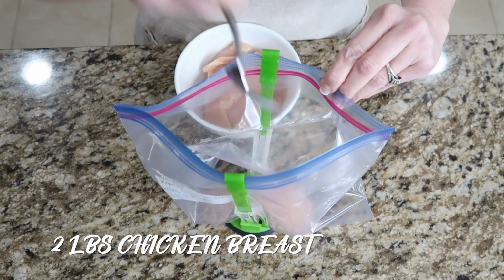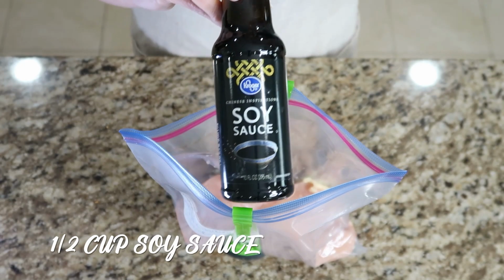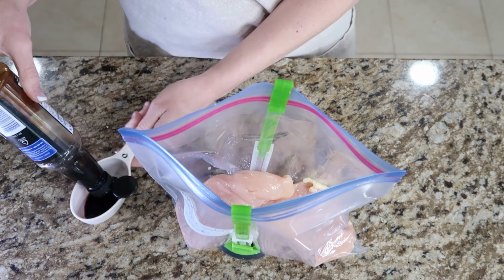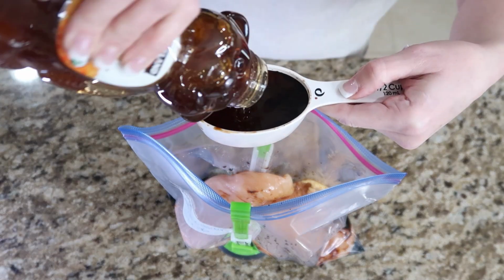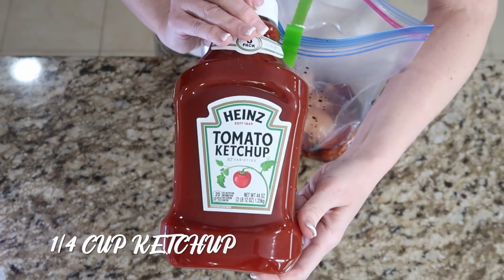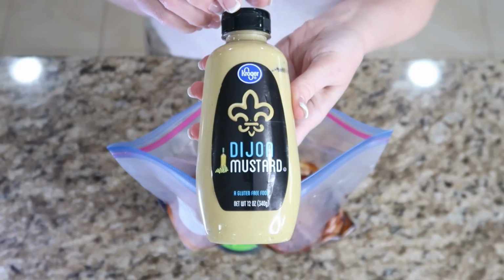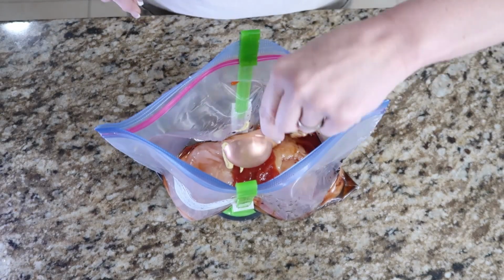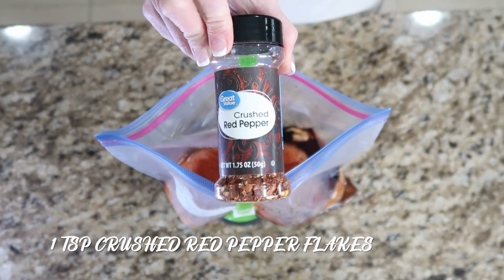Okay, you're gonna need 2 pounds of chicken breasts. You'll need a 1/2 cup of soy sauce. I have a little left in this bottle, so I'm gonna use that first. And then you'll need a 1/2 cup of raw honey. You'll also need a 1/4 cup of ketchup. You'll need a tablespoon of Dijon mustard, a teaspoon of paprika, 1 teaspoon of crushed red pepper flakes,